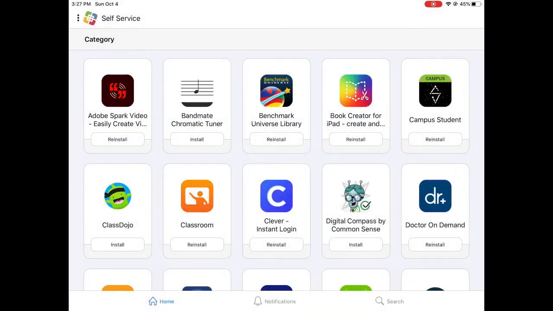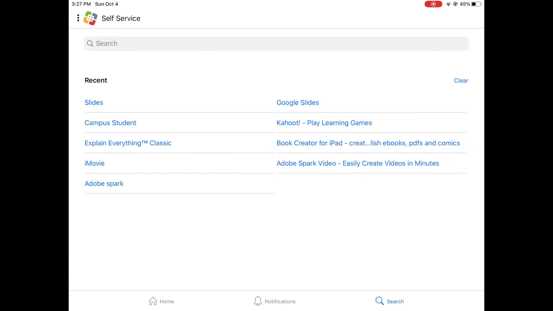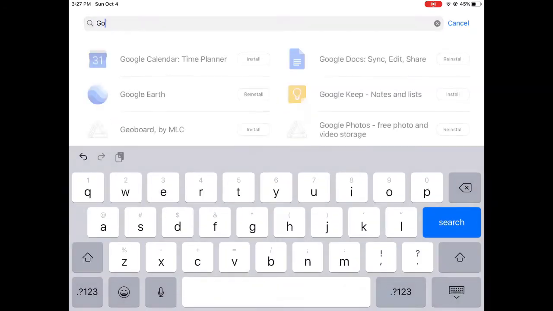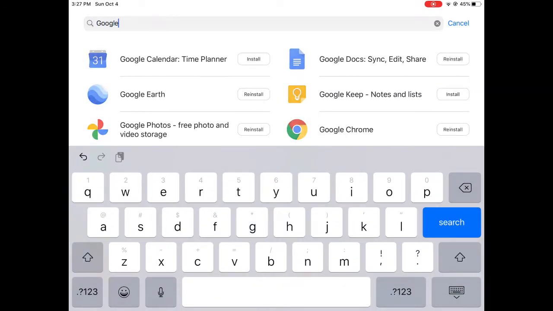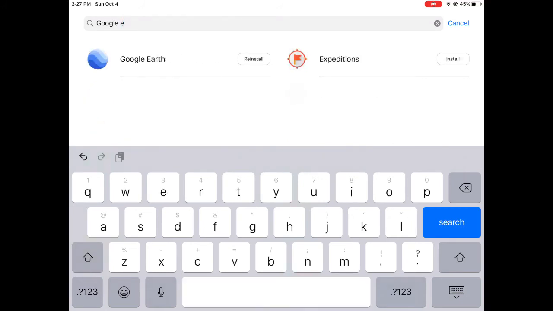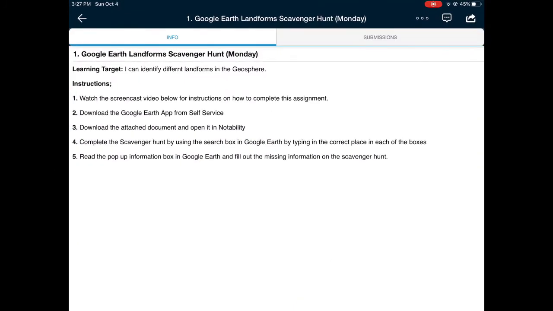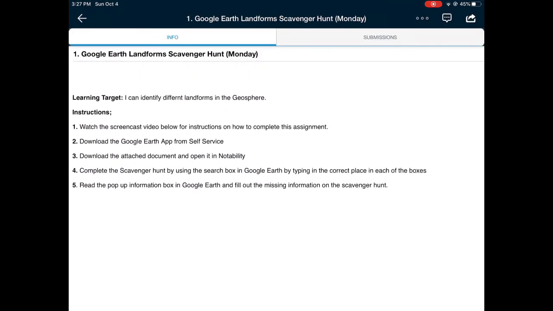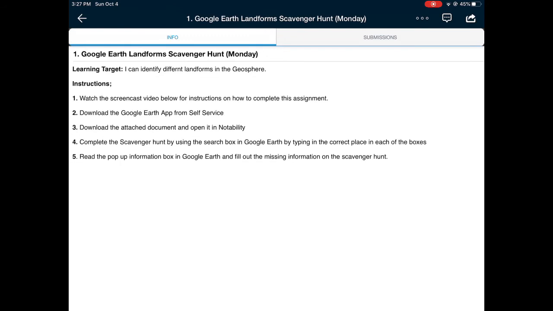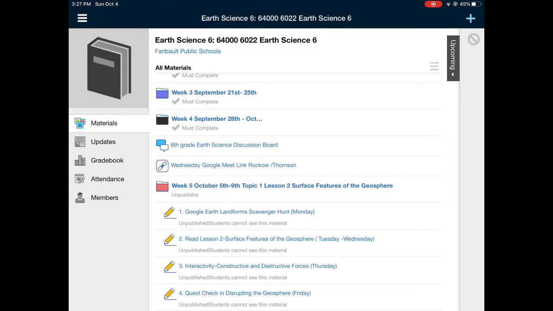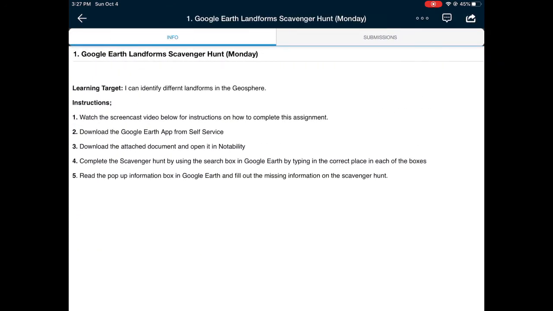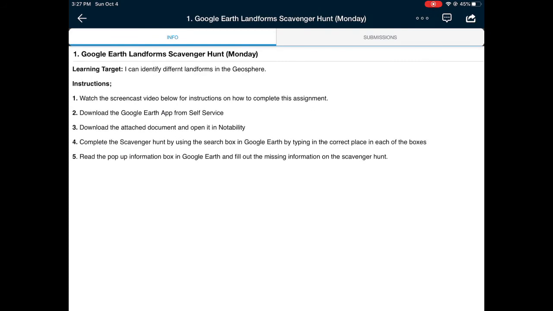Then you want to use the search button either at the top or the bottom, and you're going to type Google Earth. And you can see it came up, so you would hit the install button. I already have it on my iPad, but you'd hit install. So once Google Earth is installed, you'll be able to complete this assignment. You'll start by downloading the